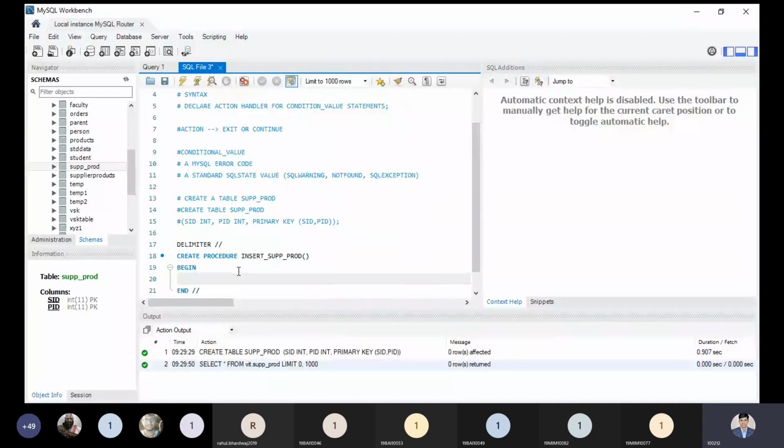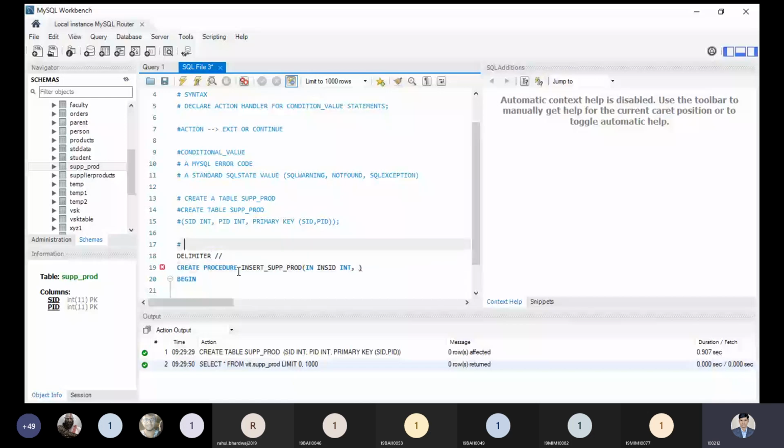From this point, I will use two IN parameters, and the first one would be IN SID, which should be an integer. I will pass SID for insert purposes, and I will pass the product ID for insert purposes. So what is my question over here?